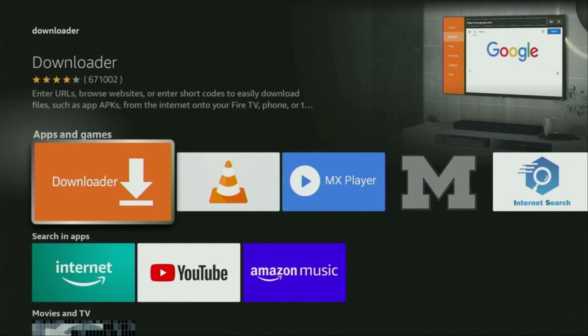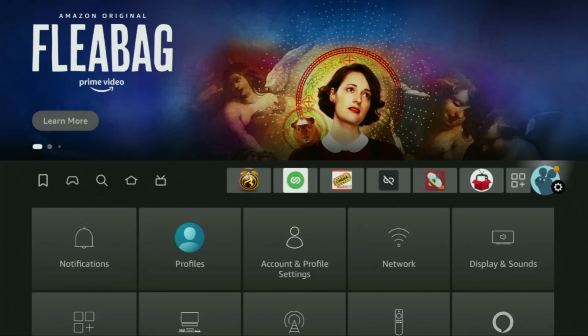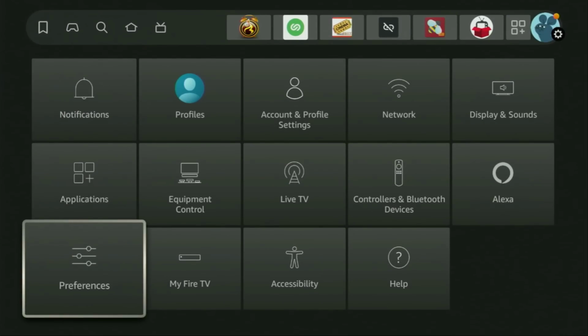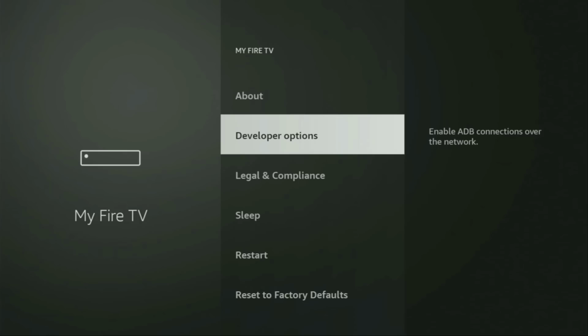But after you get Downloader, it's not over yet. We still have to set it up. So to set up Downloader, we gotta go to settings. Here we are, click on that button with the gear icon, and then scroll down and go to My Fire TV. Open it. Here we'll have to enable developer options on your device, but on some Fire Sticks